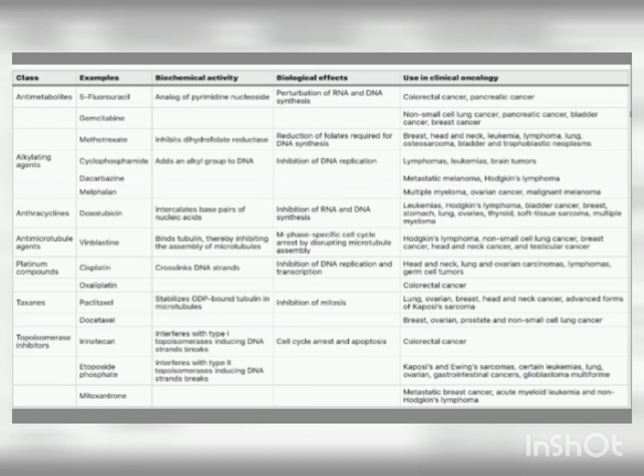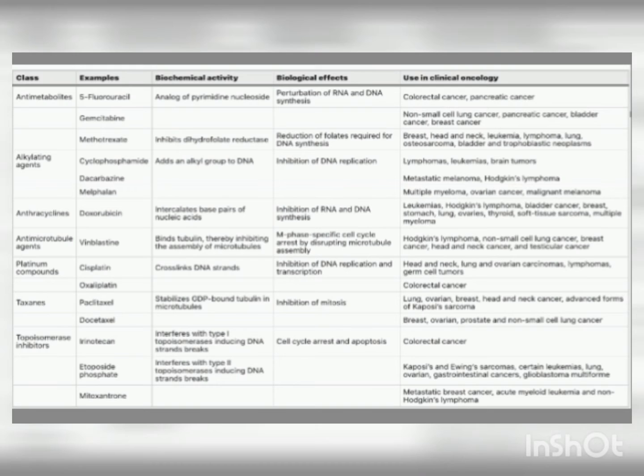Used in clinical oncology for colorectal cancer, pancreatic cancer, non-small cell lung cancer, bladder cancer, and breast cancer. Others include head and neck cancer, leukemia, lymphoma, osteosarcoma, bladder cancer, trophoblastic neoplasm, lymphomas, leukemias, and brain tumor. The next class is alkylating agents,